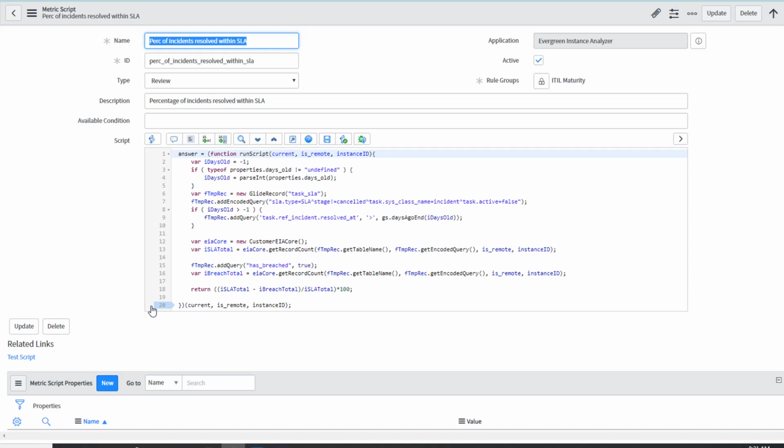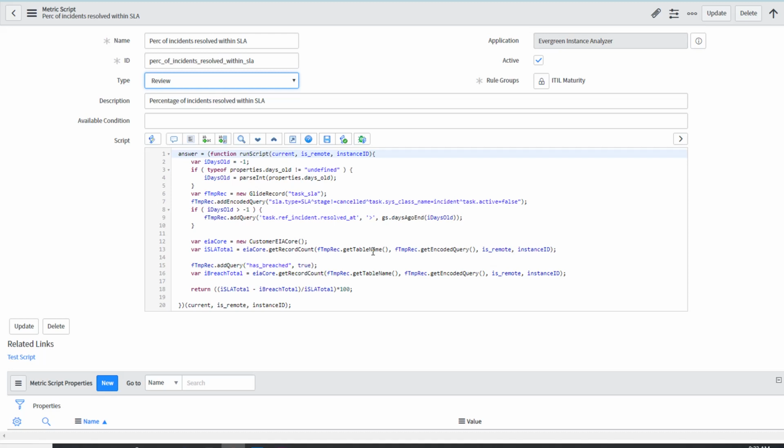An example of this is, you'll see there's a new drop down now in these metric scripts for whether it's a summary item or review-based item metric script. When it's a review-based item, another field called rule groups shows up, which means anytime I run a new review for this review group, it's going to run this metric script, build out the information, and store it in a metrics table. Also, as we'll show in a minute, this can be used in the rules themselves to evaluate if something's below a certain threshold, above a certain threshold,